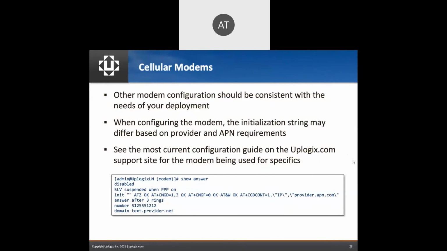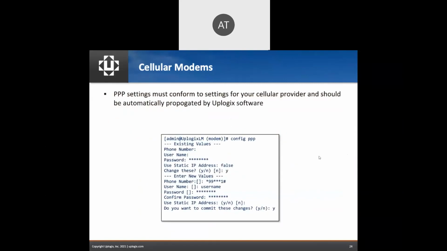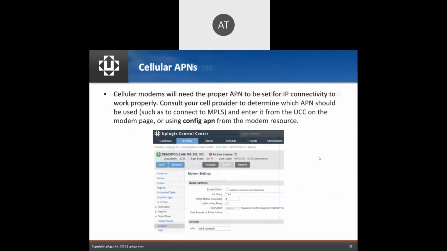So yeah, depending on your provider and what network you're looking to connect to, the initialization string might need to include some information. Actually, for the most part, we've moved this stuff into the APN. So when you're on a cellular network and you're connecting for a broadband internet connection,